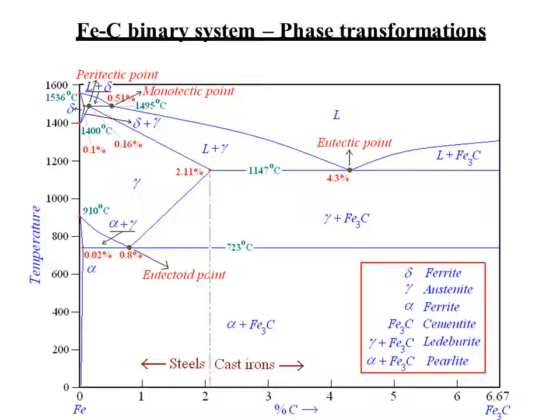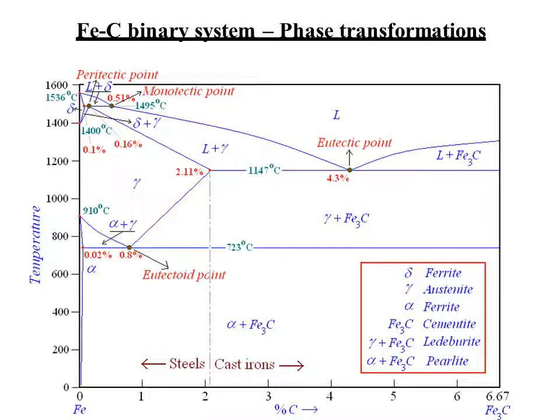So when you are melting it from 0 to 1536, the complete miscibility happens. And at this point we will have completely liquid iron and carbon. Before that, when you are increasing the carbon concentration, here you can see the percentage of carbon in iron is increased. So at 6.67 percent of carbon you will have the transformation. So there will be so many points. One is the eutectic point, one is the eutectoid, another one is the peritectic, and another one is the monotectic